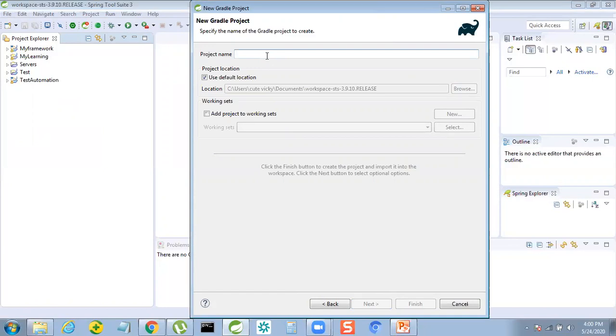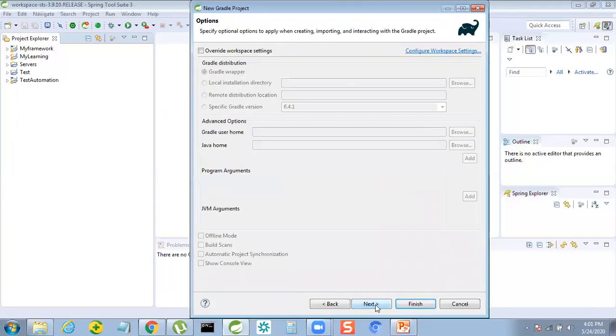Let me give it as test Gradle project. The project name can be anything. You can give anything. Click on next. Don't change any settings here. We can configure our things later. Click on next.